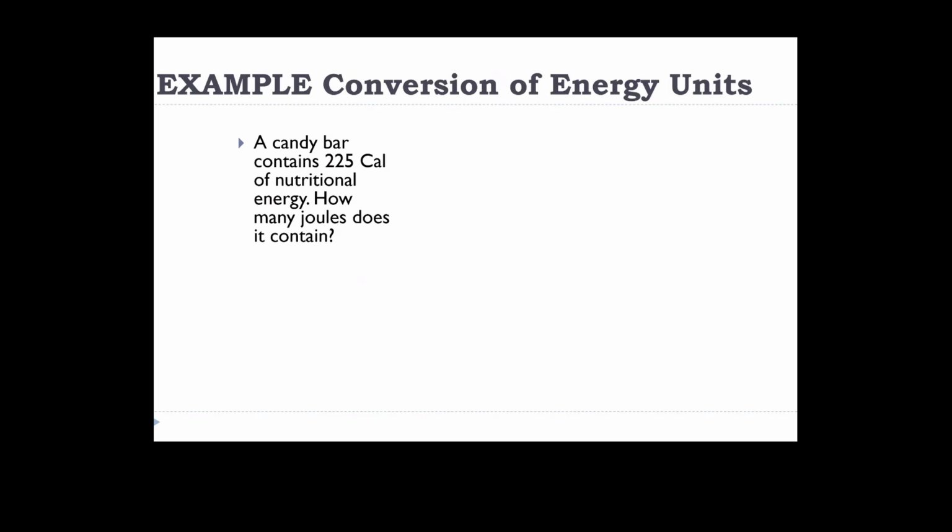The general problem-solving approach says that we should figure out what we're trying to find. What's the thing we're trying to find? Joules. And what is the thing that we start with? This 225 calories. Now, do I know a direct relationship between the two? I don't think I do. But I do know a two-step way to get there. My approach would be to start at Cal, trying to get to joules. What can I go to that gets me closer to joules? Yes, lowercase cal, and from there I can go directly to joules.